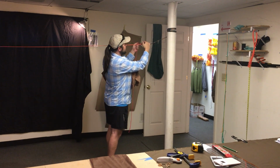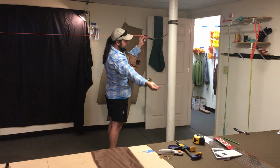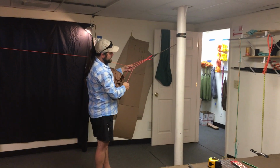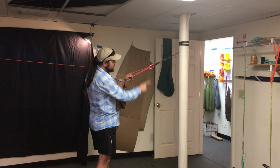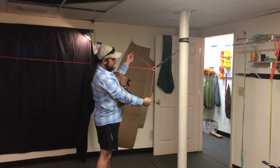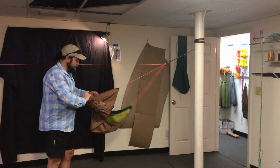and I'm going to clip the red side on one side of the ridge line that's orange. And I'm going to clip the other side on the other side of the ridge line, okay? One reason to use carabiners is they help keep everything nice and clean and organized. But what you want is the dog bone, ridge line, dog bone, okay? See how we've got everything separated and centered? We're going to open the bridge up,